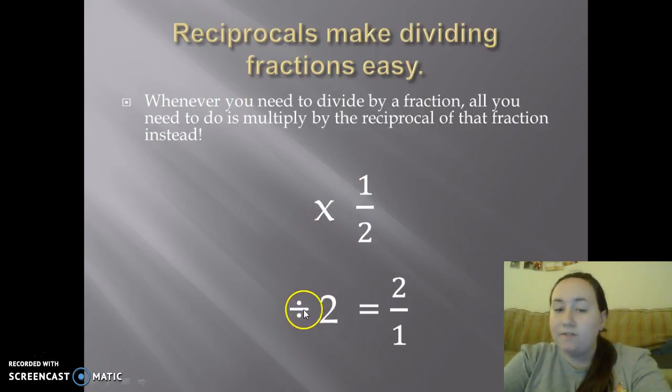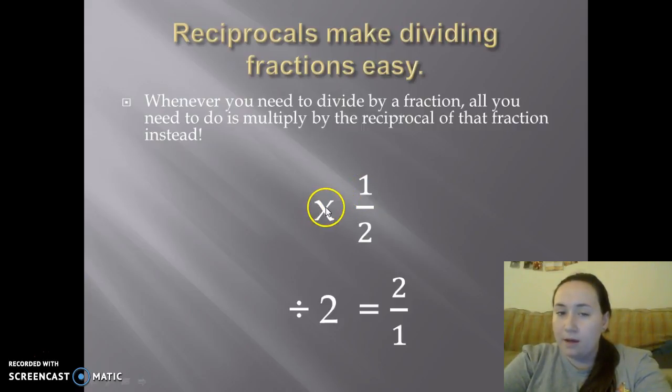So if it asks you to divide by 2, which is 2/1, if you do the reciprocal of 2/1, it becomes 1/2, y'all. So essentially, when you multiply a number by 1/2, it's the same exact thing as dividing by that reciprocal. So right here, times 1/2 is the same exact thing as dividing by 2/1,